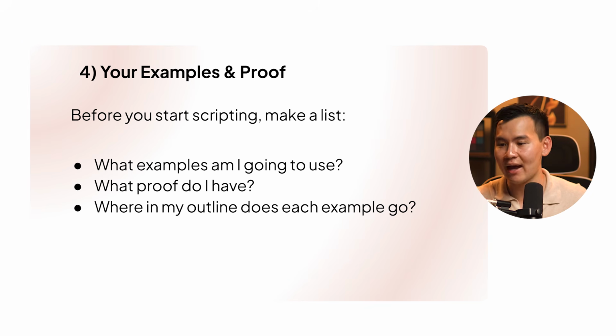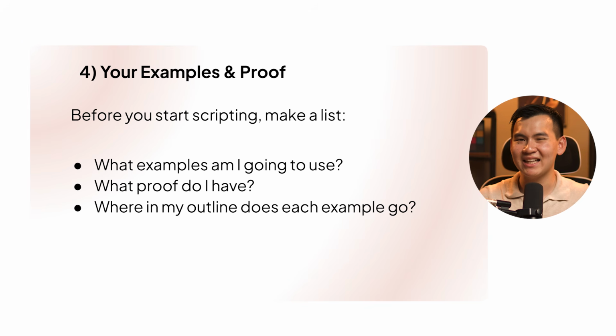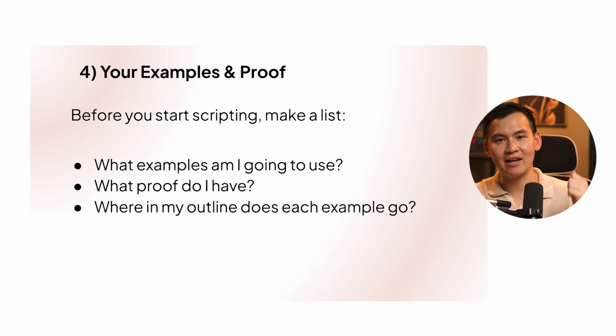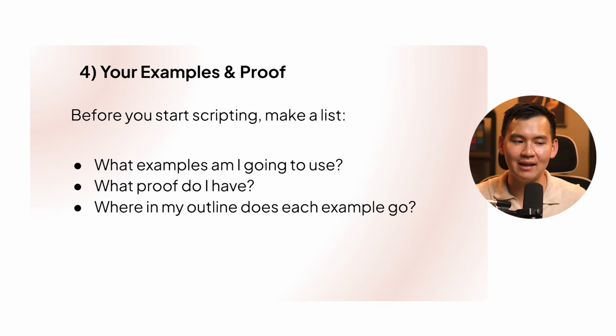You can illustrate that with all of these different proofs, even a simple screenshot where you say, hey, I can show this as a visual. That is something AI cannot think of because it doesn't have access to all of your different screenshots. So that's why it's important to have an idea of what proof and what examples you want to use inside your video, and then I can use AI to actually create it, right?